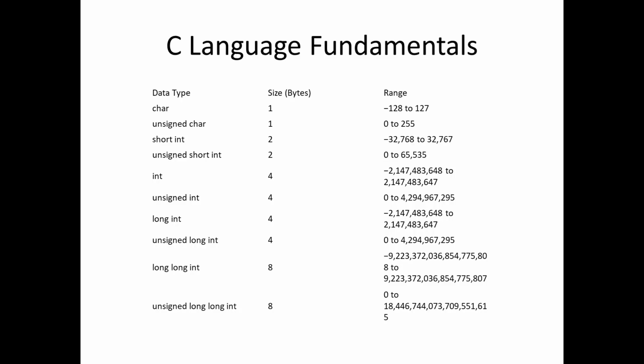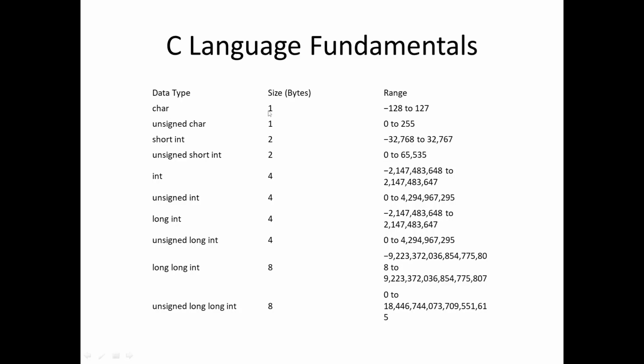Now there are so many common types which are available, which are shown here. You can read or print a character, an integer value, a long value. These are the ranges of the integer or characters. If any value is greater than this, then you cannot use the integer type and you have to go to long. If any value is even bigger than this, then you have to go to long integer, and so on. Again, there is a signed and unsigned concept. So what is that signed and unsigned concept? Let's say